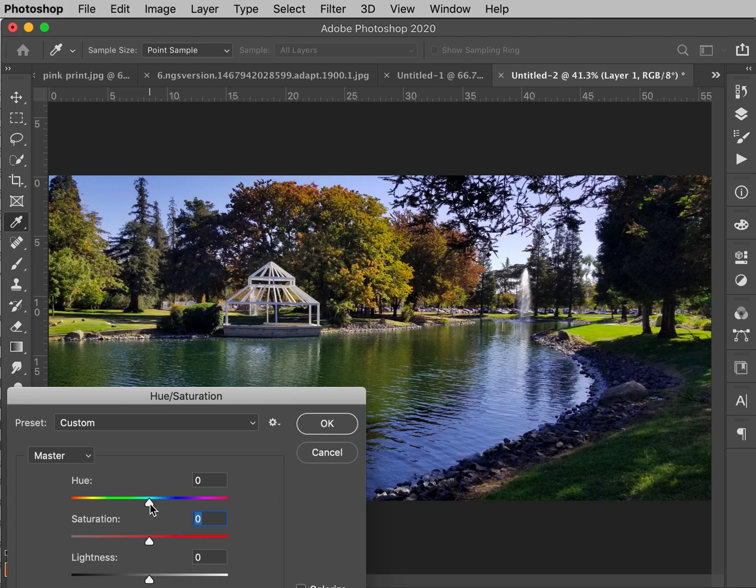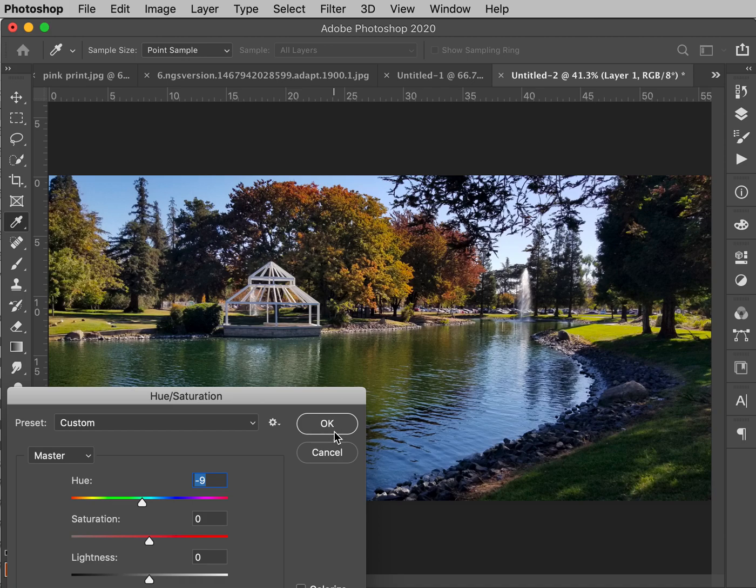If I change this hue slider, blues are to the right, and not blue is to the left. So I might try moving this to the left and see what it does. And that is actually warming it up very, very nicely. So I like that. I might click OK to put that in place,